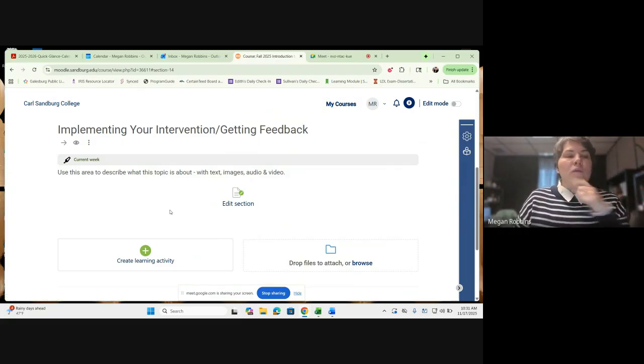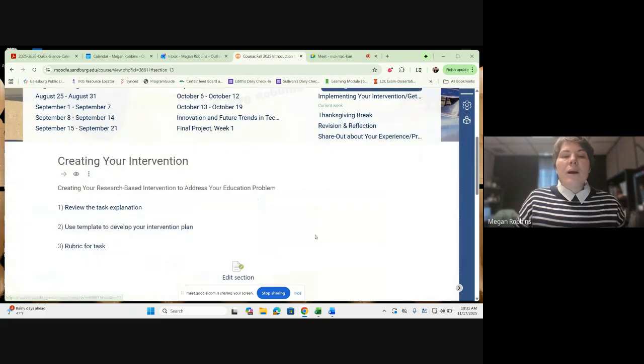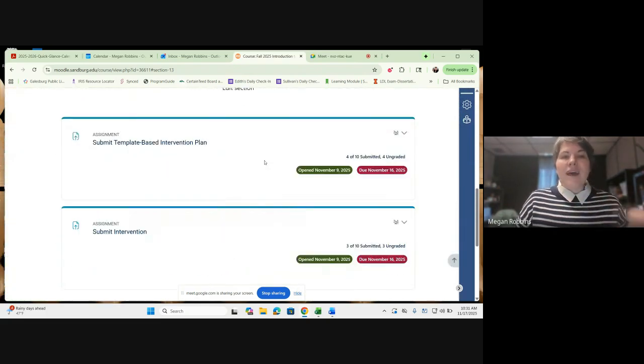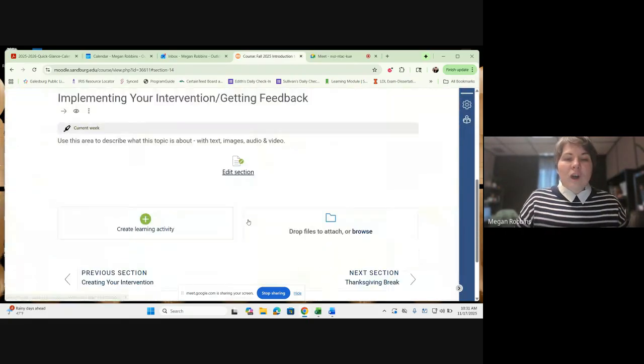So the goal for this week, just to be clear, is to complete the creation of that intervention, right? We have the intervention template and then creating it, submitting it. And then we are going to use Harmonize and me to get the feedback this week for your intervention.